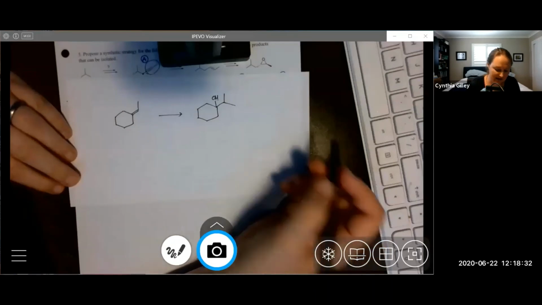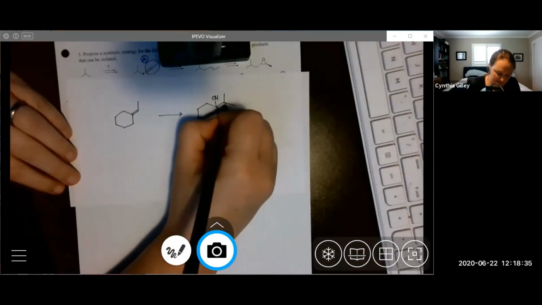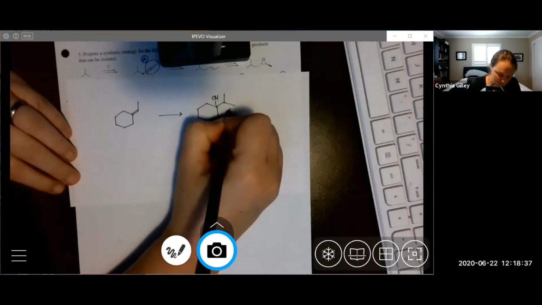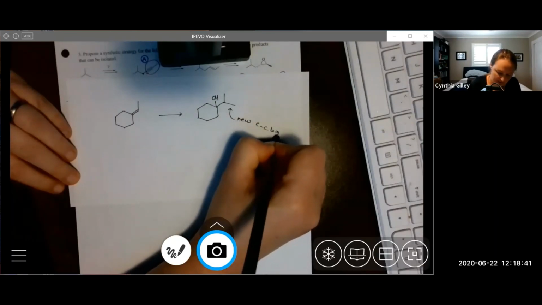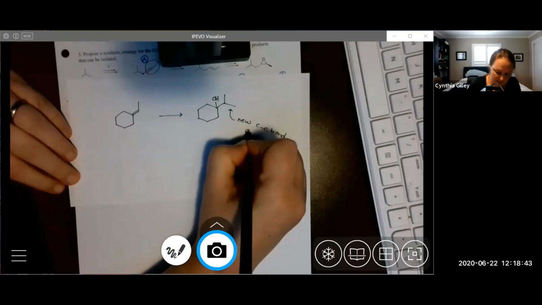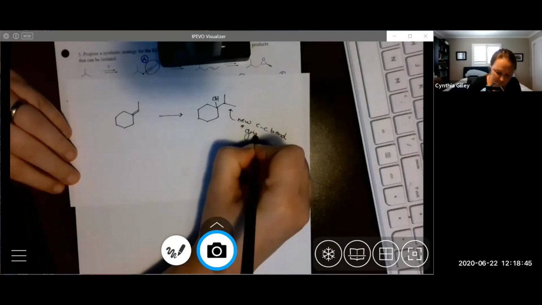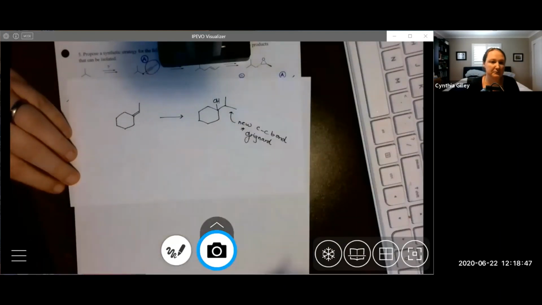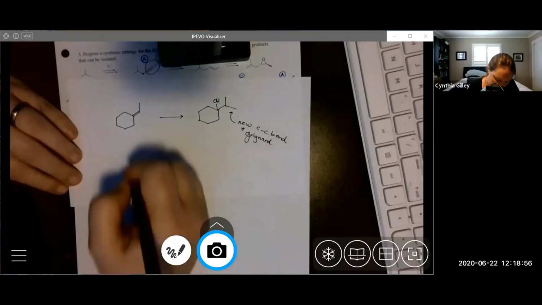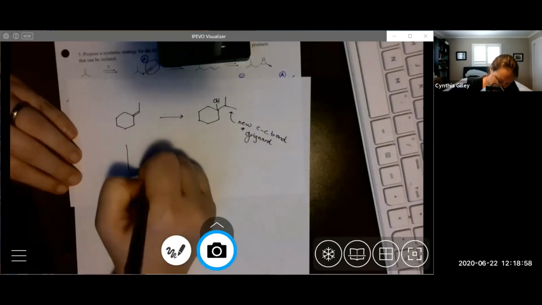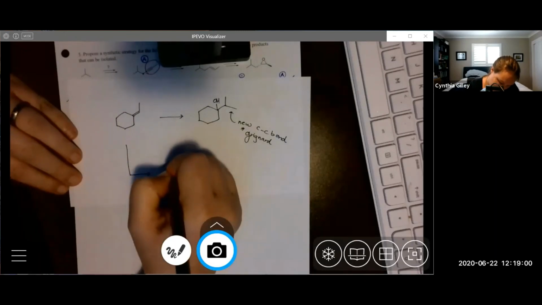If we're adding a carbon-carbon bond, this is a new carbon-carbon bond, adding that carbon, so we're going to target some sort of Grignard in order to do it. The easiest thing to do in this case is to use an epoxide. So if we convert this first to an epoxide,